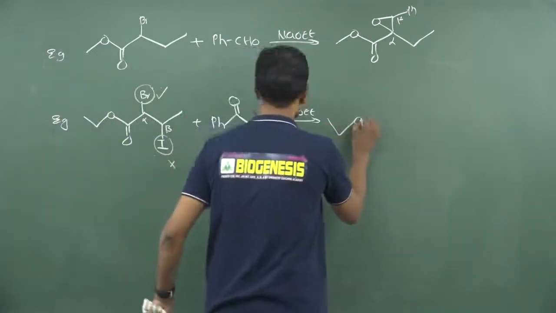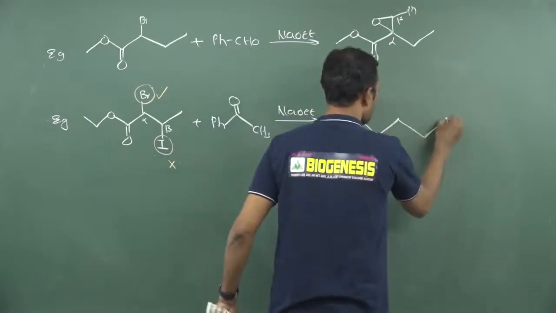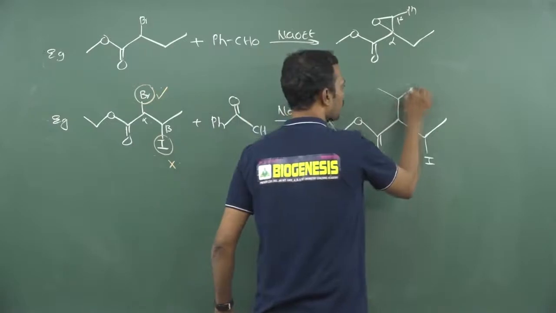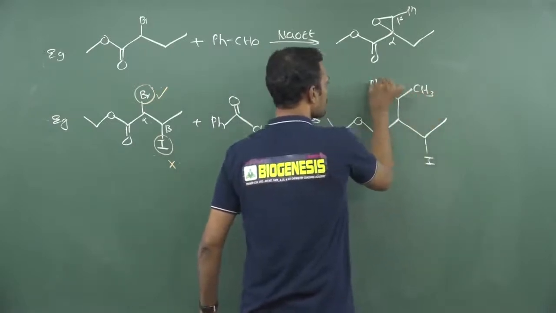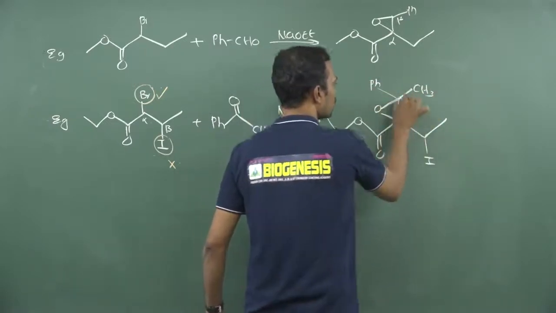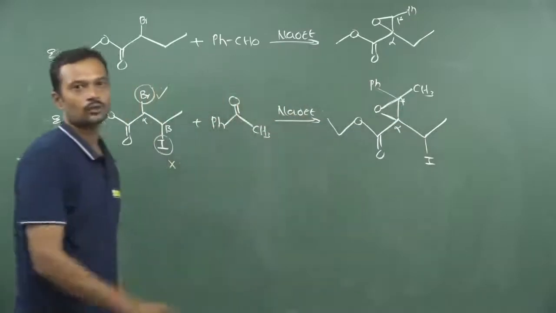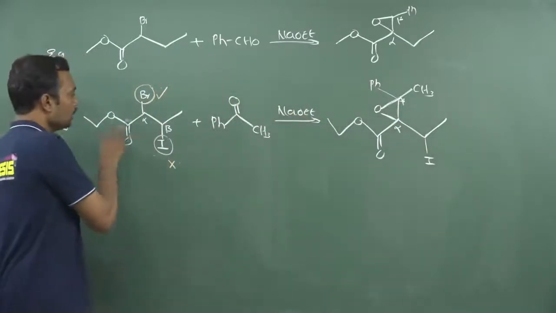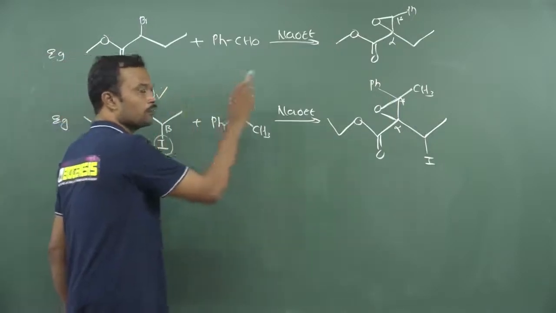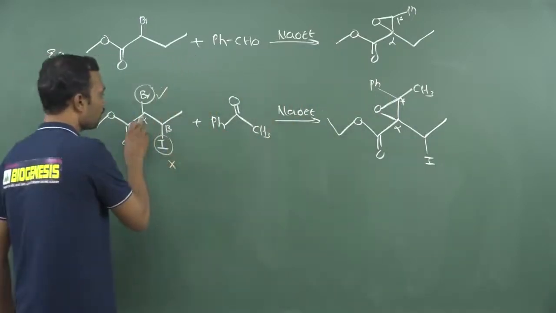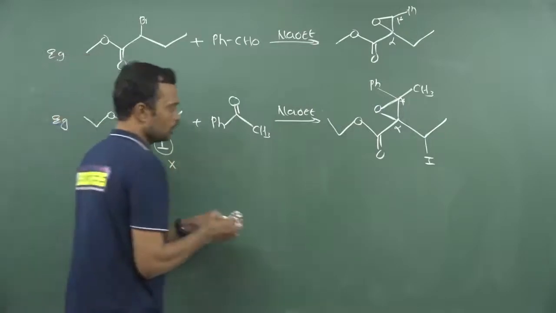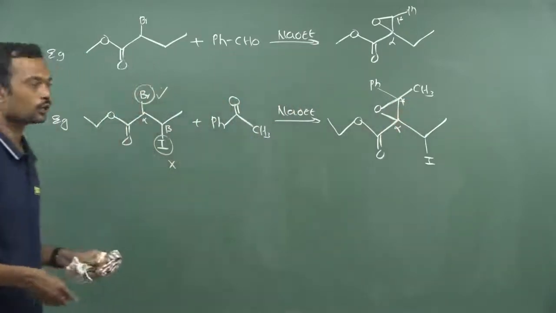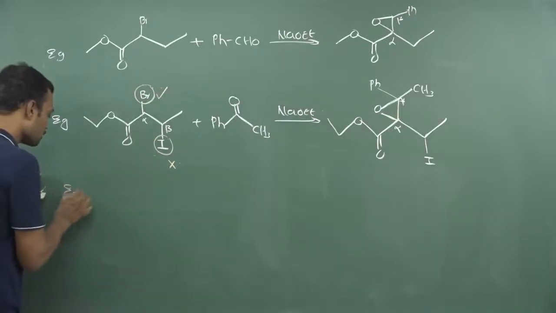So what is the final answer here? Now this is C double bond O, and this iodine is unaffected, this and this get connected, and here this carbon carries CH3 and this is phenyl, and here the epoxide, this is alpha, beta, that is the resultant answer. Okay, the only simple thing is to create a bond between the alpha carbon of the ester and the carbonyl carbon. There is a bond here that will form a C-C bond. You will get a C-C bond here. Later on a C-O bond formation takes place, and that will give an alpha, beta epoxy carbonyl.